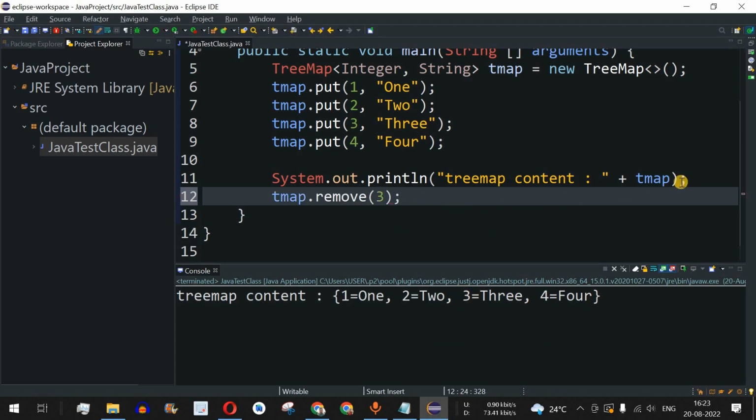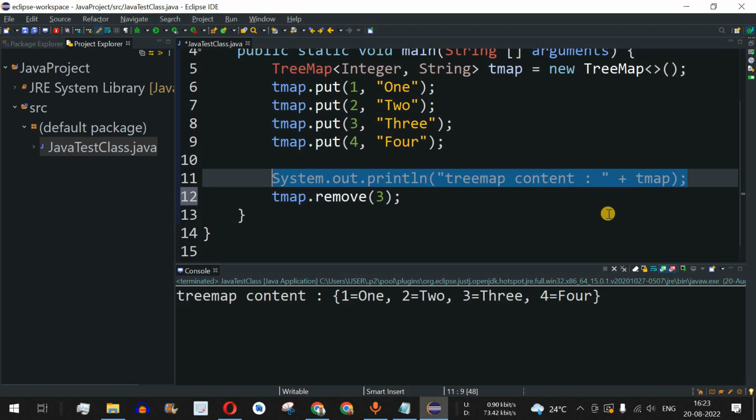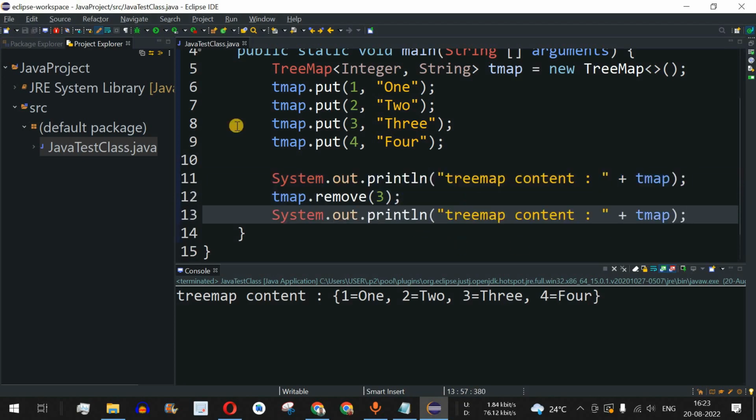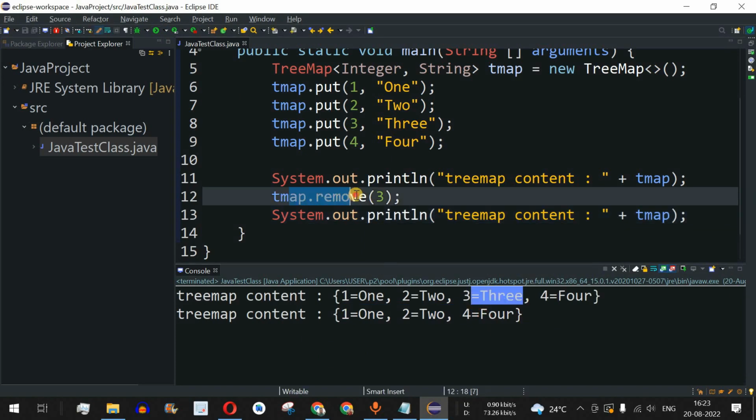And then guys, after the semicolon, let me just print the content of the tree map again. So I'll just copy this and paste this over here. Let me just save this file and try running this code now. So as you can see, we have 1, 2 and then 4. That's because 3 is being removed after this line of code, that is tmap.remove, and then the parameter that was passed is the key, that is 3.